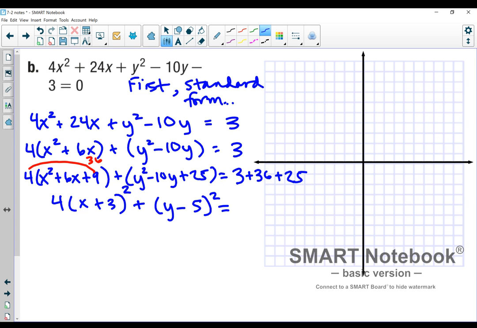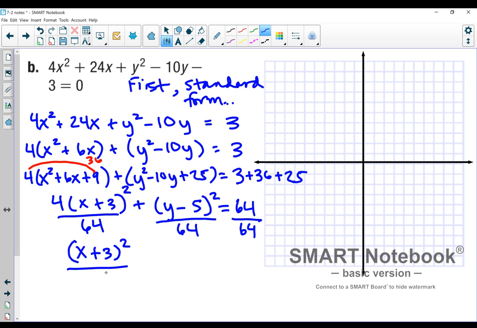And then on the right, I need to go ahead and add, let's see, maybe I'll add the 36 and the 25 first. That's going to be 50, 61, 60, so 64. Now I need this to equal 1, so I'm going to have to divide by 64. You can tell there's really nice numbers in this one. So the 4 over 64, I can reduce this to the quantity x plus 3 squared divided by 16